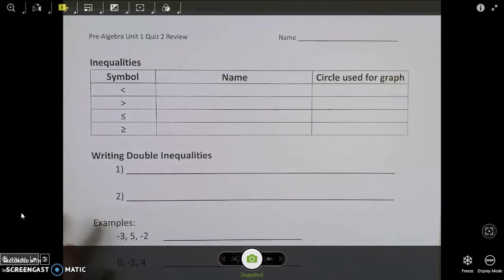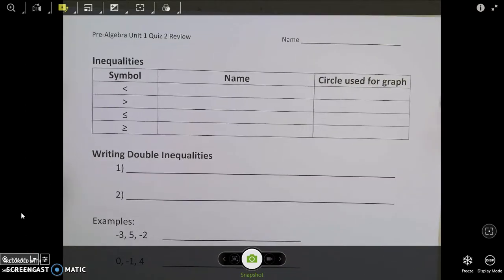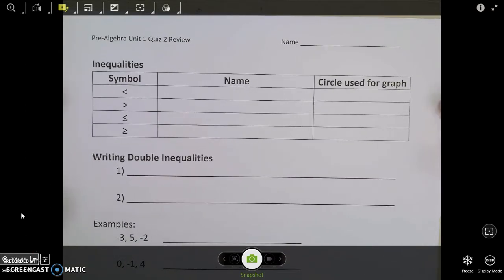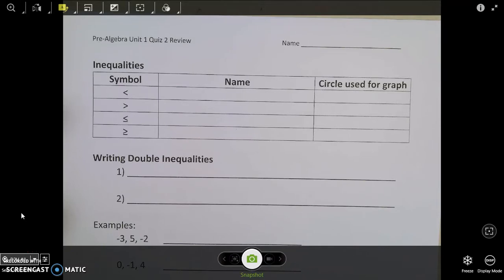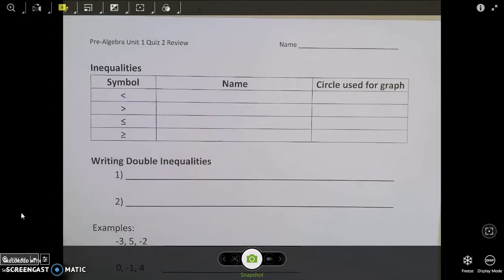This is a review of the concepts that were on Unit 1, Quiz 2. This included inequalities, both writing and graphing them, and graphing on a coordinate plane. So let's start with inequalities, and let's review what these symbols are called and what type of circle you use